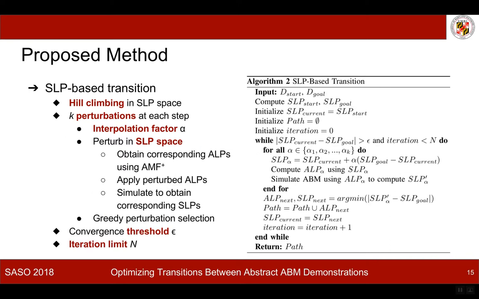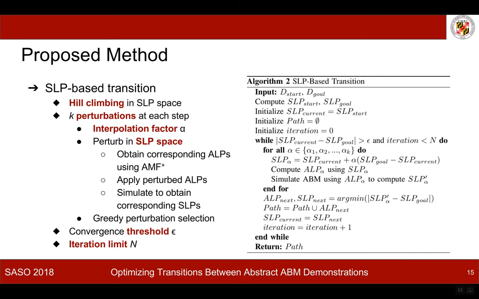The third technique we opted to try was hill climbing in the SLP space. We labeled this SLP-based transition. As with the ALP-based transition, the user would input a series of images. These would then be computed for the start and goal SLP. We would then take alpha steps towards the goal in this SLP space, simulate the desired ALPs to achieve that